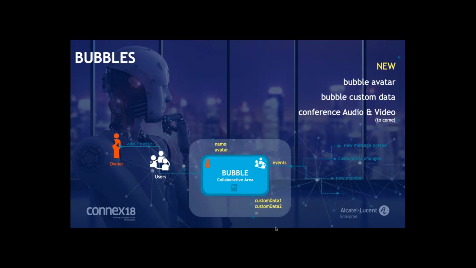The first one is Bubble. In Rainbow, a Bubble is a workspace designed for real-time collaboration between Rainbow users. In a Bubble, you can send messages and files to other members at once and have audio and video conferences with up to 10 participants. So, when can you use it? You can use a Bubble when you need to put some users